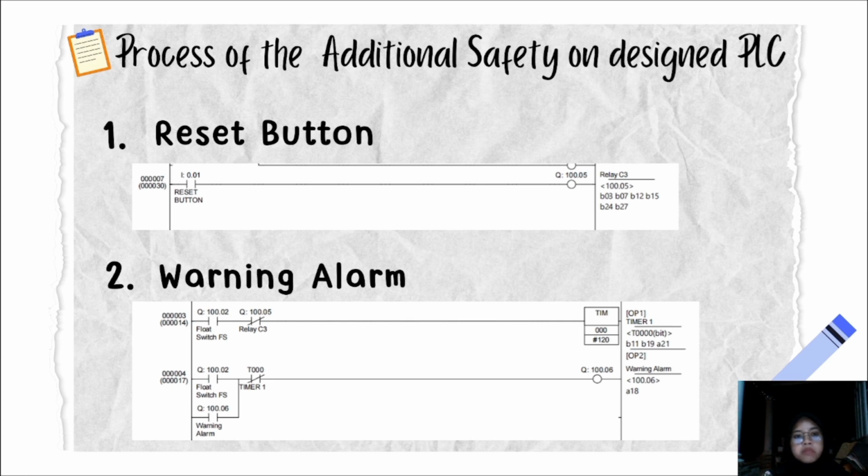Next, I will explain about the process of the additional safety on design PLC. The first one is the reset button. In a PLC, which is a programmable logic controller, a reset button is often used for safety purposes. It allows the operator to quickly stop or reset the PLC in case of emergency or abnormal situations. This also helps to ensure the safety of equipment, process, and personnel by rapidly interrupting the control logic and stopping potentially